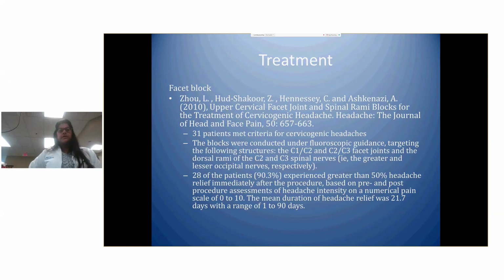The blocks were conducted under fluoroscopic guidance, targeting the C1-C2 and C2-C3 facet joints, as well as the dorsal rami of C2 and C3, the greater and lesser occipital nerves. About 90.3% experienced greater than 50% headache relief immediately after the procedure. And then the headache relief lasted about 21 to 22 days,